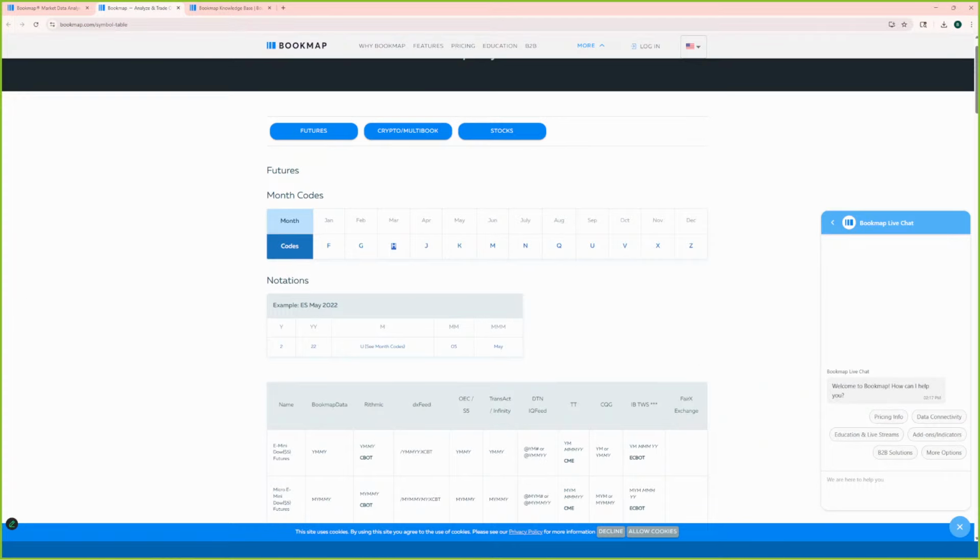So I think I covered everything. Let me double check. Knowledge base, symbol base, event calendar, join the Discord. Yeah, pretty much went through everything. So,